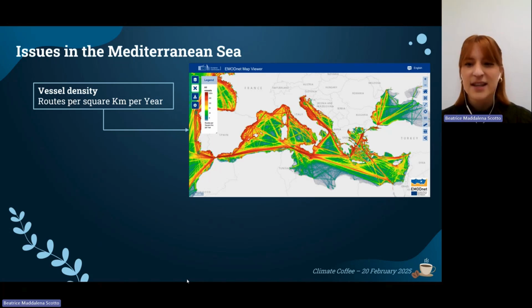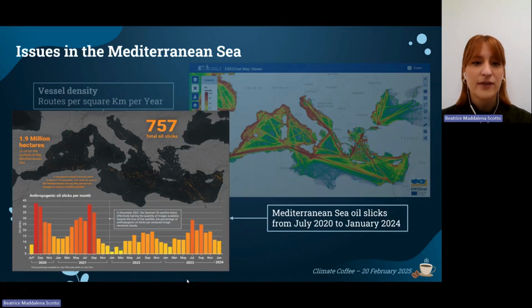So this large amount of maritime traffic often leads to a lot of consequences, and one of them is oil spilling. Here you have a map with an associated graph, which shows the slicks that were detected between July 2020 and January 2024. In the graph, you have the spillage per month. And as you can see, there's quite a lot, because approximately 757 oil slicks of different entities were detected, of course. And the sources also can be